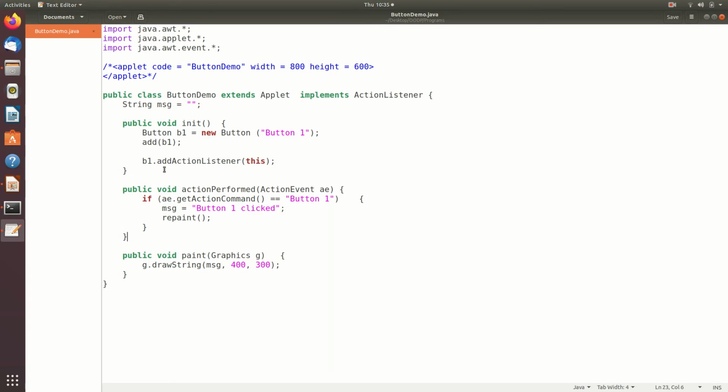Then we register the action listener associated with this button. And here again we specify that this class itself is the action listener class for this button. So this class should have a method called actionPerformed. This is to override the default actionPerformed method in the ActionListener interface.